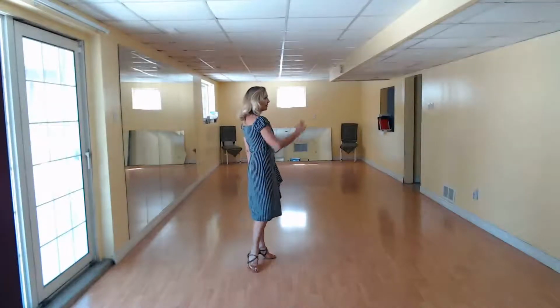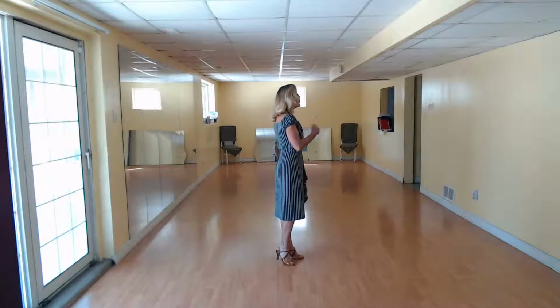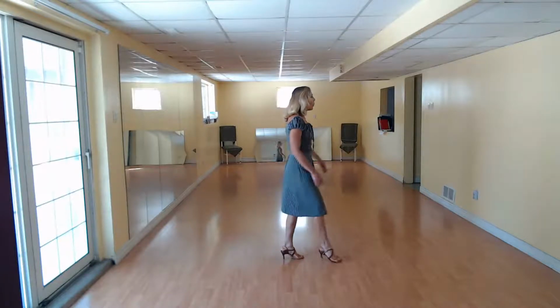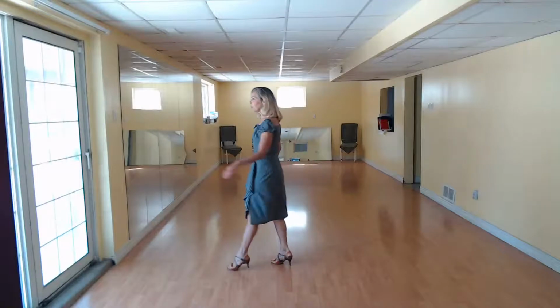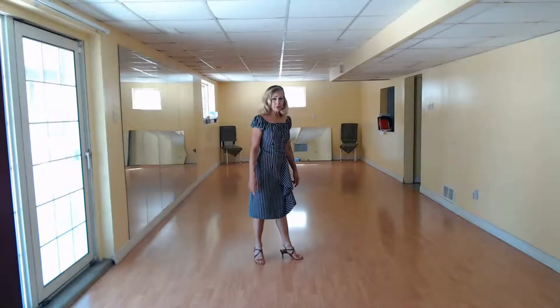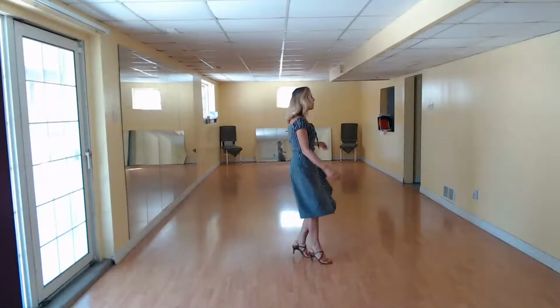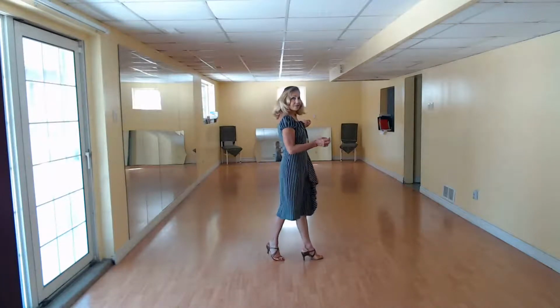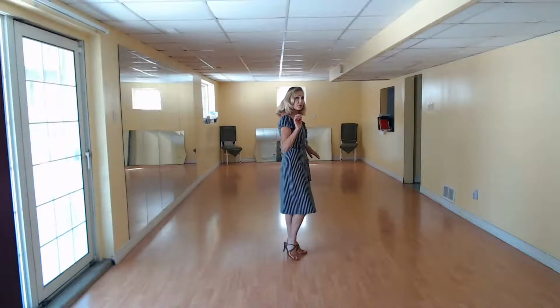So we get here. We're going to add only one time a mambo with a turn, forward right, 1 and 2, and forward left, coming back to where we were, 3 and 4. If you don't want to do the turn, you see that it gets us back to where we started. It's the same as doing no turn. All right, so 1 full turn and no turn, they cancel each other out. So you could do, this is our first tag,